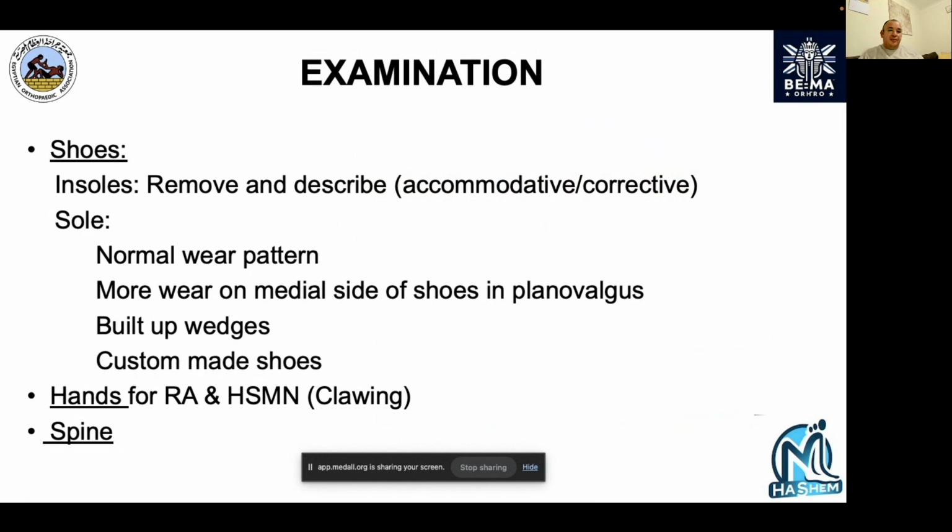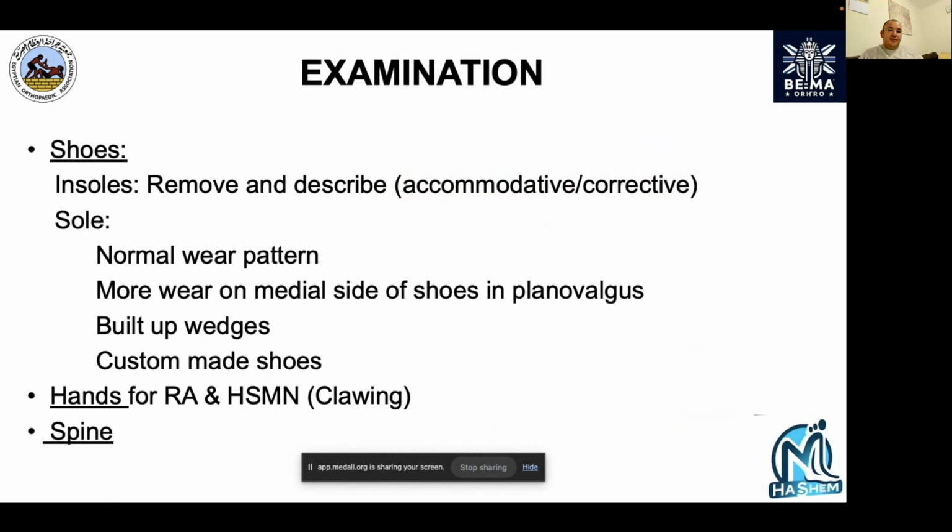Then have a look at the shoes, as we agreed from the start. Remove the insoles. Describe, is it accommodative or corrective? There is heel wedge, if there is arch support, if there is Morton's extension, whatever. Have a look at the sole of the shoes and ensure if this is a normal wear pattern or this area is more worn than the others, and if there are some build-up wedges that have been put in,